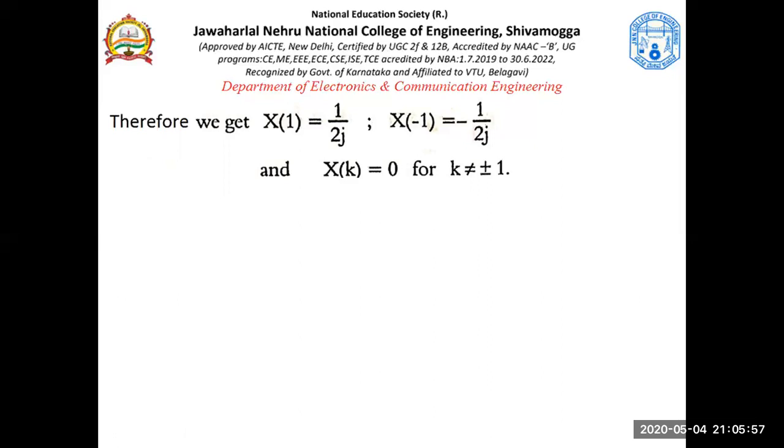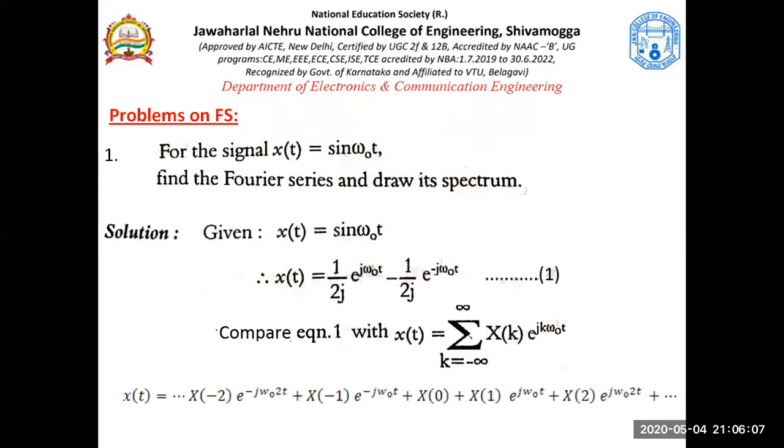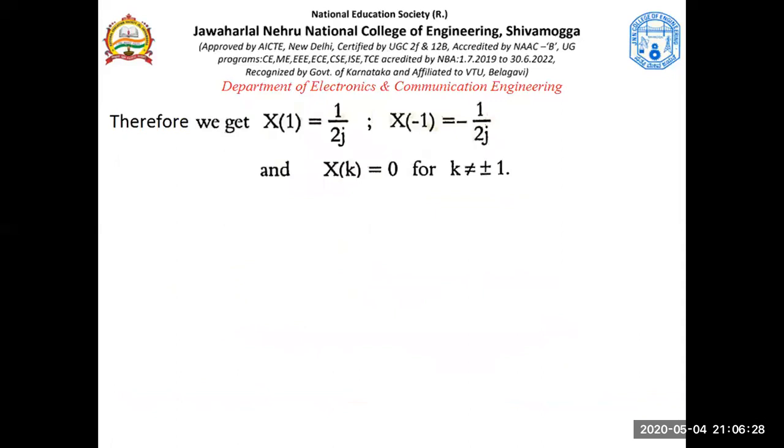This is the frequency information that we can get in the frequency domain. So this is what is called frequency domain information. There are two components in sine omega t. Here this was not available. If I ask you what is the frequency, you cannot say how many frequency components are there. But if you represent this in this form and compare it with this, you can easily extract these X of k's. How many such X of k's are there? There are two, X of 1 and X of minus 1. So there are two frequency components.